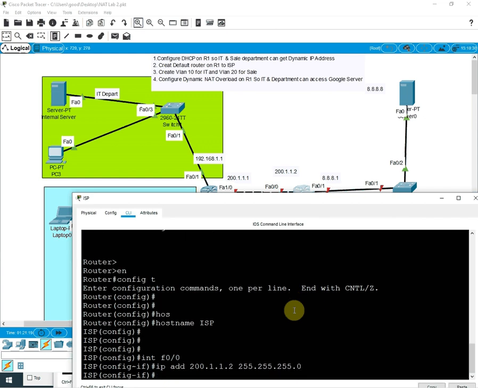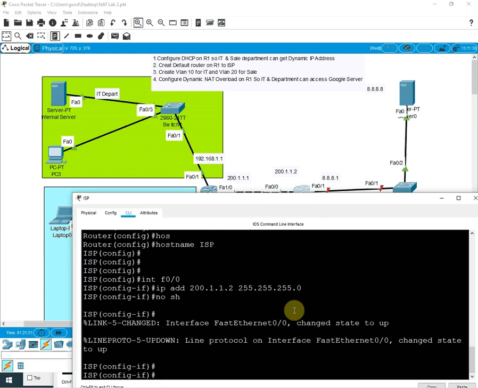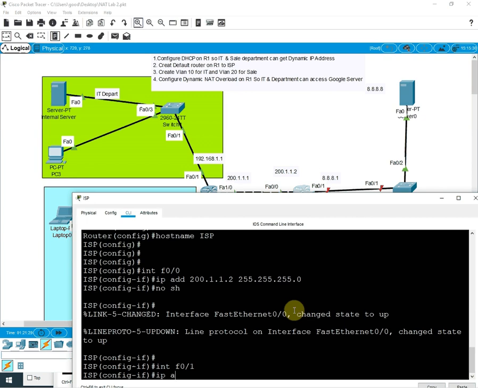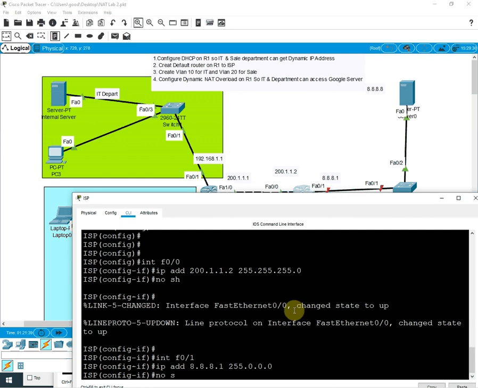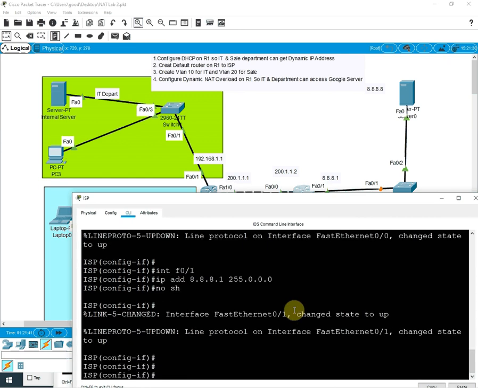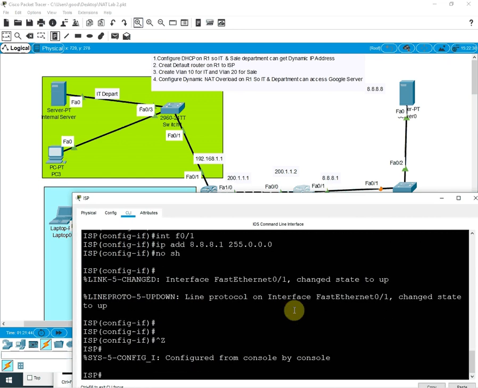Then we need to write no shut. And then if you see another interface, f0/0/1, in this interface we have IP address 8.8.8.1, then 255.0.0.0, then no shut. Okay, so this is the configuration we done in the ISP router.